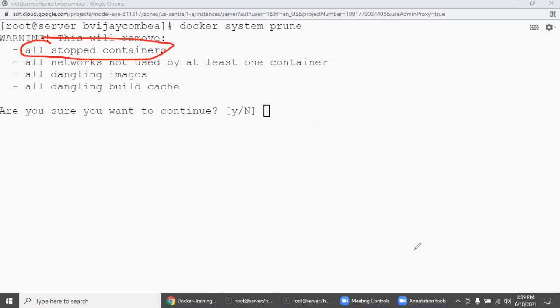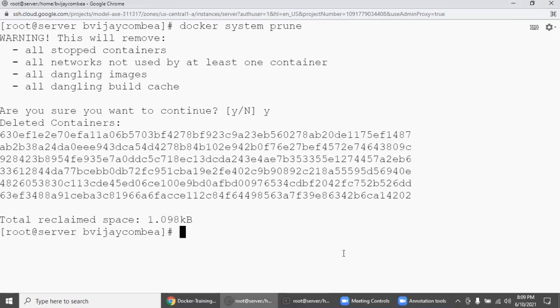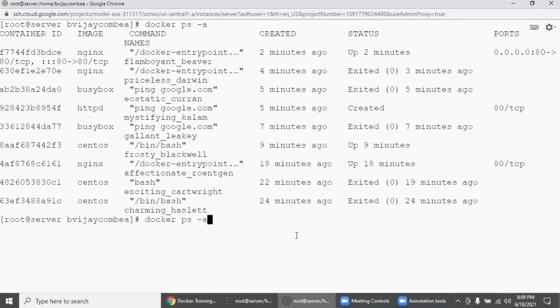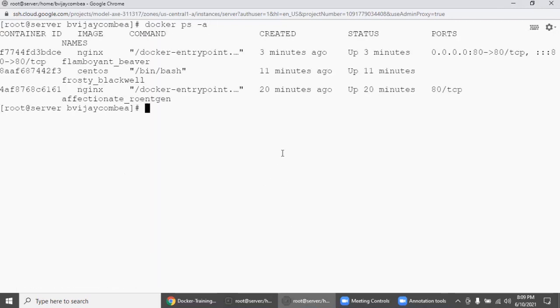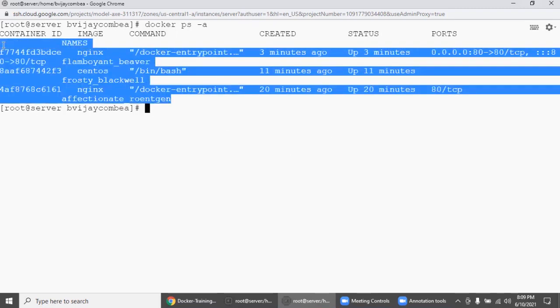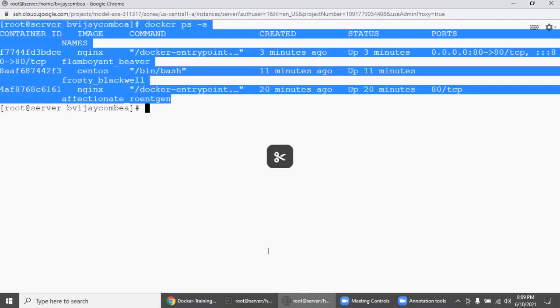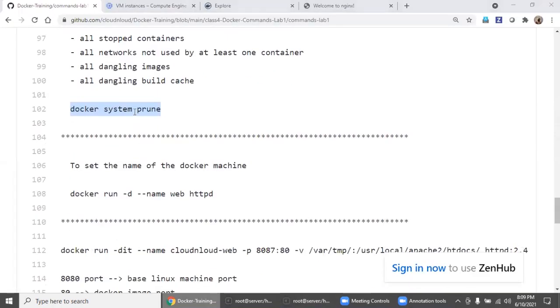So I'm just going to say yes. Now we will run this command. Let's see what happened. I will clear it so it's fresh. See, almost all the exited containers have been removed. Only the up and running containers are showing, correct? So this is also a very good command.